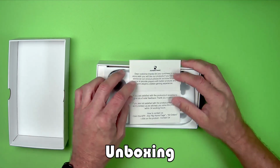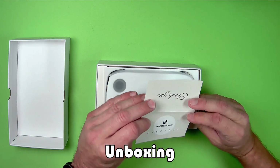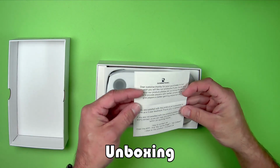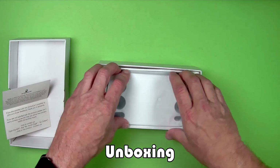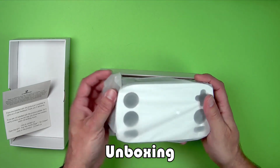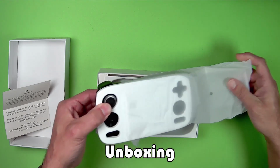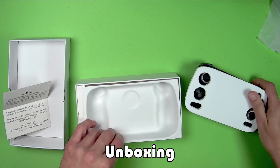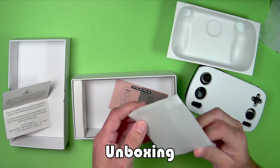Got a little thank you note here. This is from eBay, so I guess this is something they put in their eBay orders. So what do we have? Here is the cube itself. This is very typical Anbernic packaging. We have a screen protector,